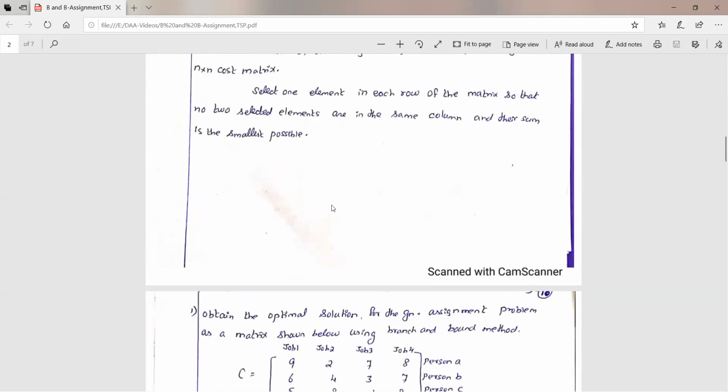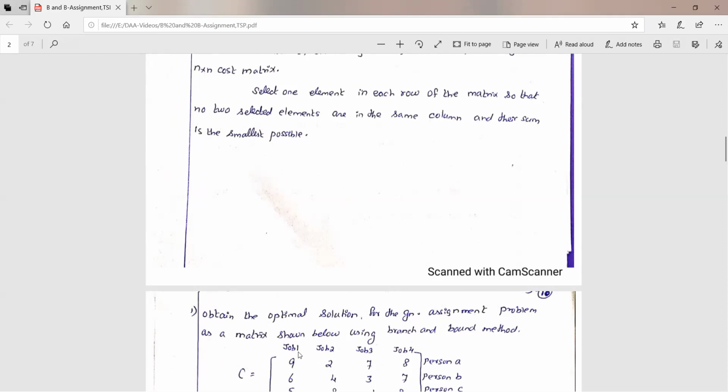Here we have to select one element in each row of the matrix, so in each and every row we consider one element, such that no two selected elements are in the same column. For example, if I consider person A, person A takes 9 hours to complete that particular job.